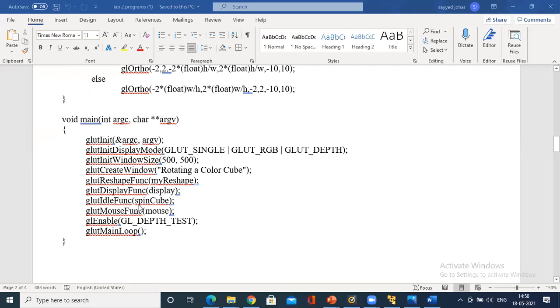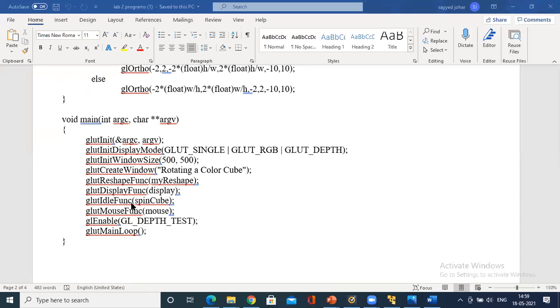Then we call the idle function, spinCube. What does this idle function do? The idle function basically provides a set of animation. It is a global idle callback function that is used by the GLUT program. Usually it performs background processing tasks, or in simple language, it provides continuous animation when system events are not being received.